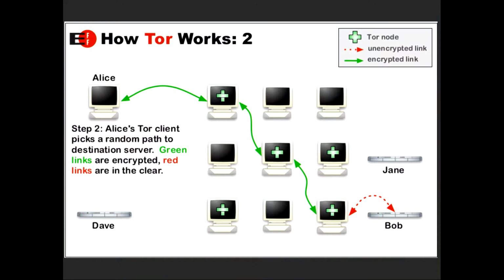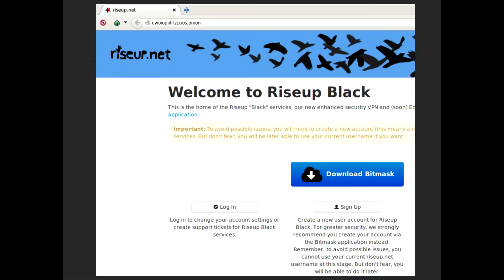So the basic idea is you have your software, it pulls down a list of the 8,000 relays, and it builds a path through 3 of them so that no single relay gets to learn where you're coming from and where you're going. And you can see up at the top here, there is a .onion address. So basically, hidden services or onion services are in your Tor browser. You go to an alternate type of domain name that ends in .onion, and then you end up at that website. So here's an example of a riseup.net website, which we are reaching using the onion address for it rather than black.riseup.net.